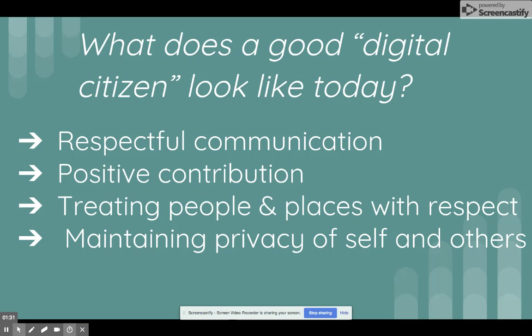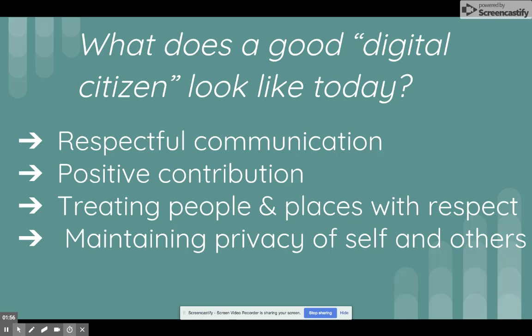There are now many ways to communicate and collaborate with others. Students need to learn how to make responsible decisions when it comes to their communication. They need to be respectful of others, be able to collaborate, and be a positive contributor. Students need to understand the permanence of the digital world and actively develop a positive digital identity.